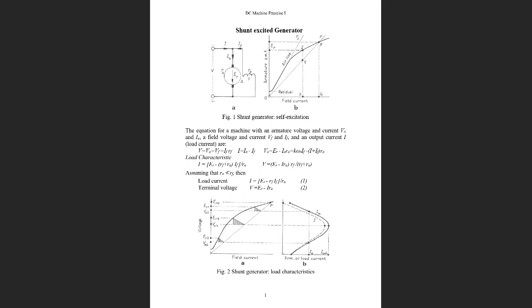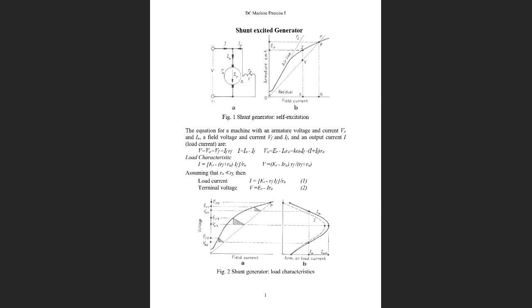Hello everybody. This Monday we learned about the separately excited generator, and we also talked about the principles of the shunt excited generators, which are a kind of self-excited generators. Of course, what we talk about here is DC machines. Today we're showing you an exercise on how to analyze the performance of the shunt excited,